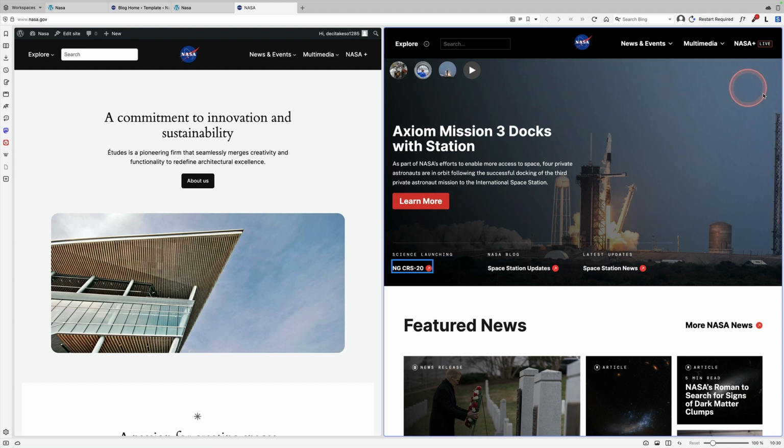Now it's time to move on to the hero section under here. Now the NASA one is actually a slider of some kind. So you would need a plugin. And now the part of this challenge is today I'm not going to use plugins.